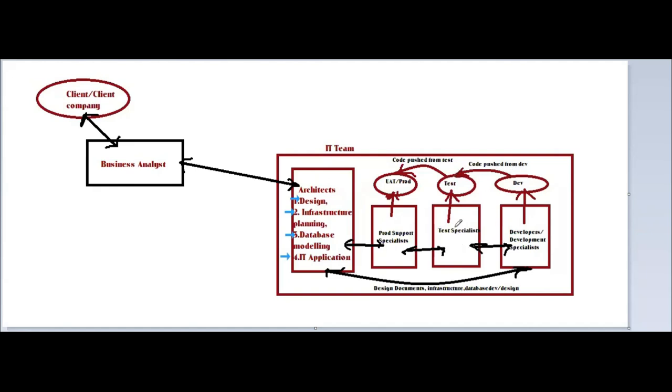Here, the test specialist will begin testing, which may be functional testing of all the functionalities covered by the business analysts, to check that they are present in the software application in the test environment. Once the test team certifies that everything is there,